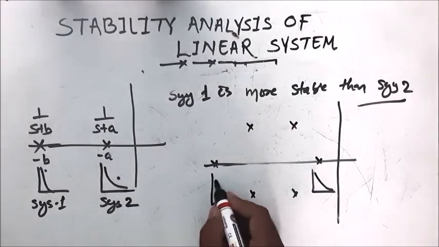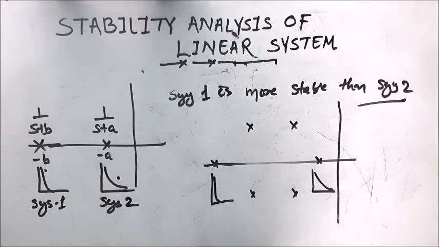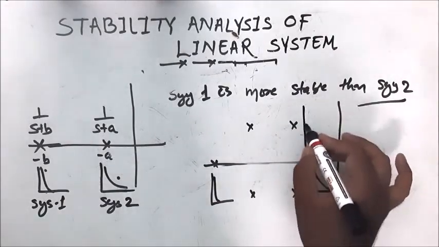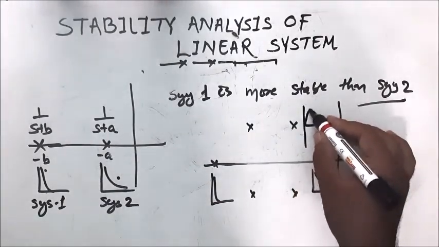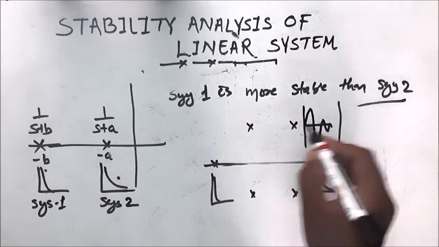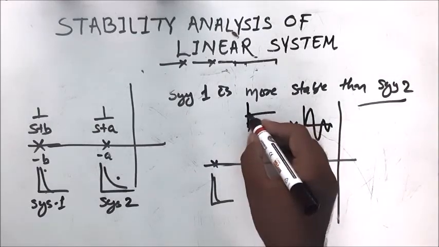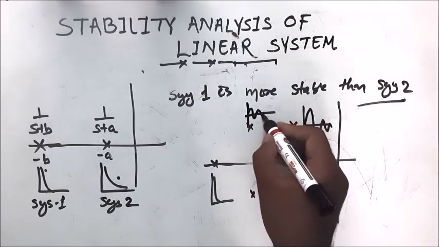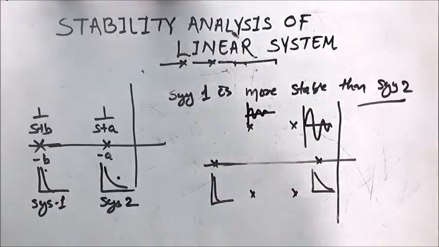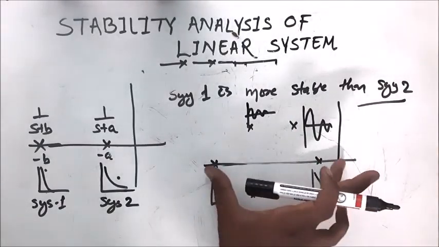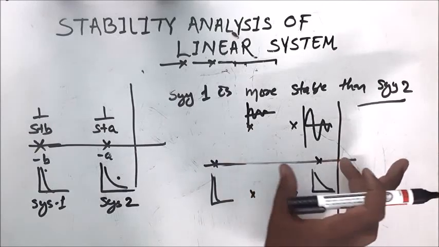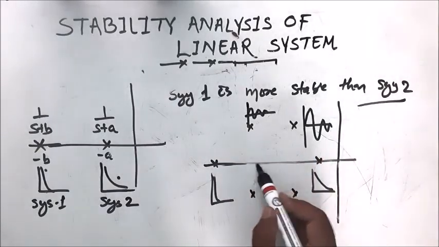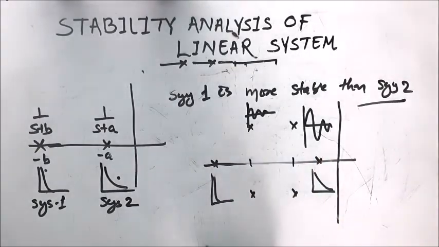For this, the settling time is very less, and this shall give underdamped oscillation with high magnitude, and for this we'll get an underdamped response with low magnitude. So we can see that this is a larger distance than this, than this, and than this. So we can say this system is more stable than these three systems,